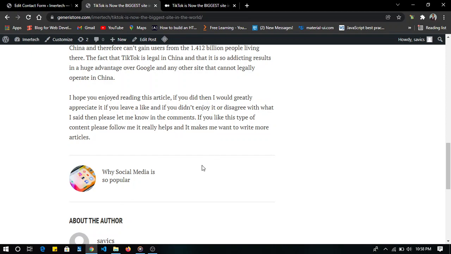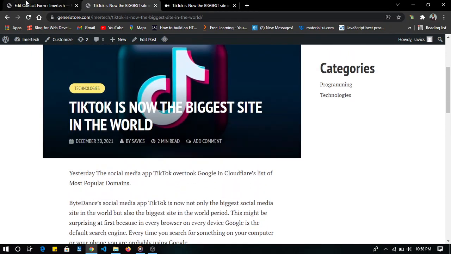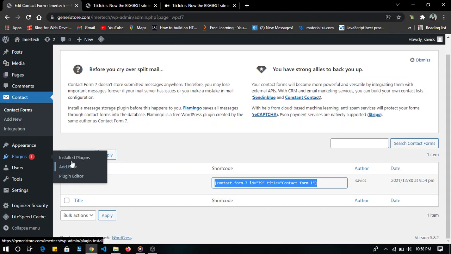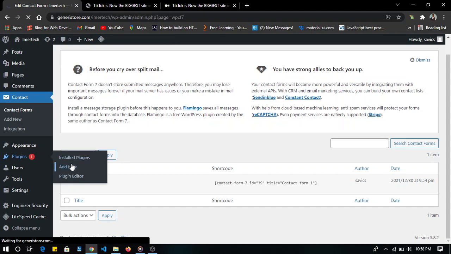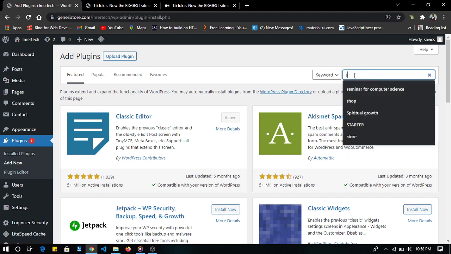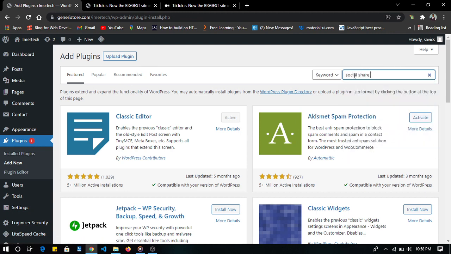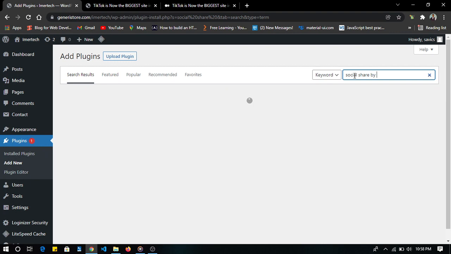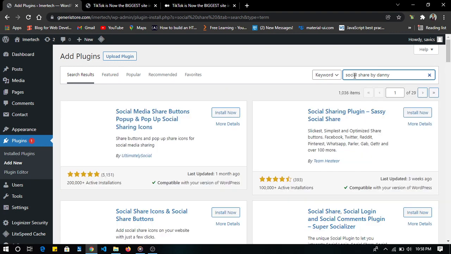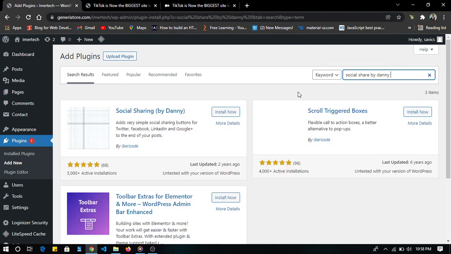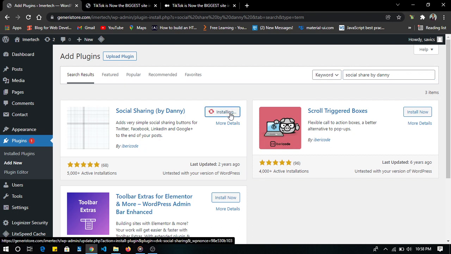Now this can be achieved using a plugin as well, a plugin called Social Share by Danny. So we're going to install a plugin called Social Share by Danny. It comes up for us, then we install it. This is the plugin, Social Sharing by Danny. After installing, just activate,